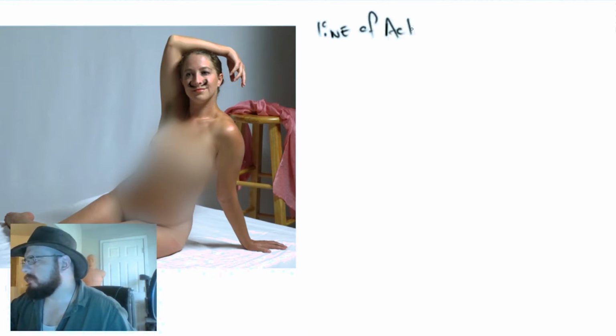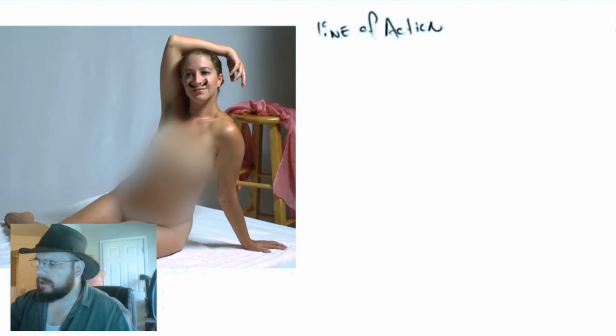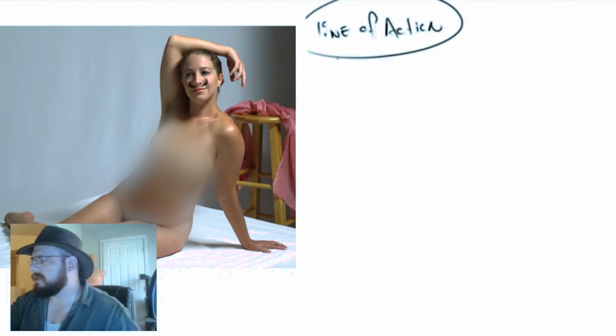So the line of action, generally speaking, is the curve that is made by the spine. It shows the intentions of your character, and what usually the quickest best step to exaggerate a character is you need to understand the anatomy of the character, the solid form of the character, and then how to exaggerate the